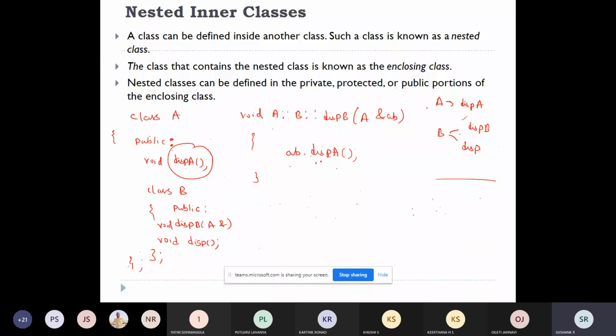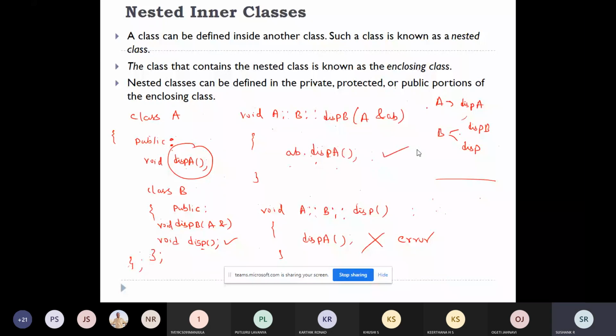But if I try to call display A function from the other function called disp, how to access this function disp? Return type is void, outer class name, inner class name, scope resolution, then disp. If I try to call display A from this function, I will get an error.